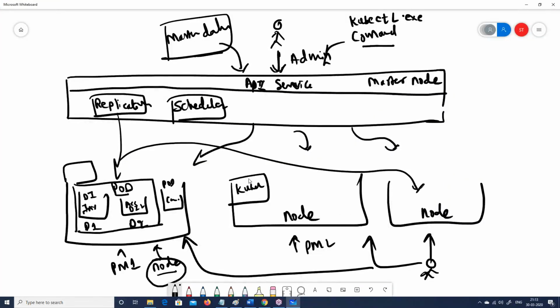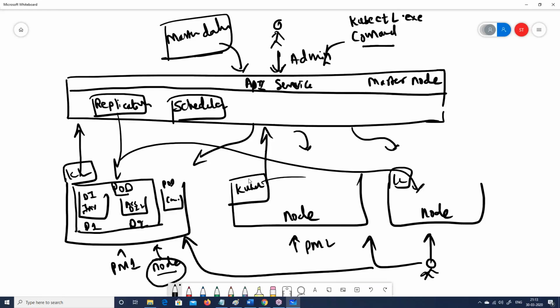So everyone here will have this kubelet, and these kubelets talk with each other. They talk with the controller, and they just keep exchanging messages saying what is the health, what is going on, what is the state. So the state of the whole node is communicated by this kubelet out here. There is a kube proxy also.